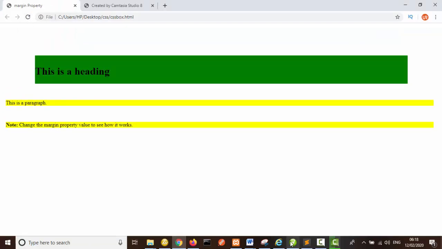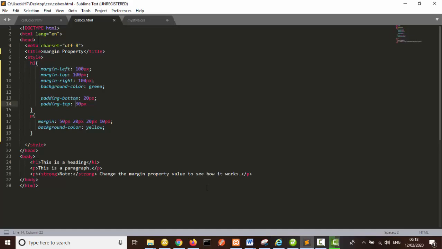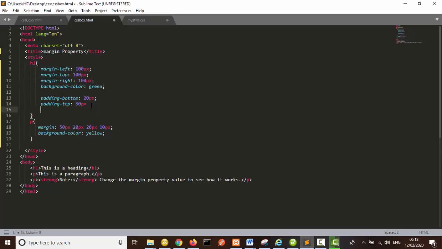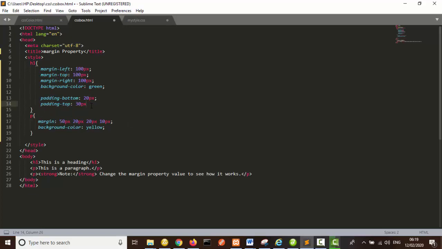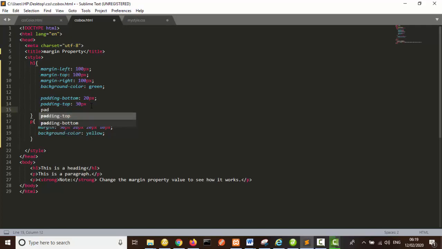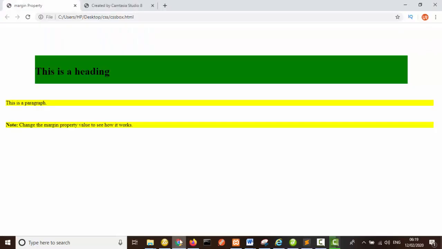So I want to do padding left. Padding left. So I'll give this 10 pixels. So you can also do that for the right, but the right is so far, so